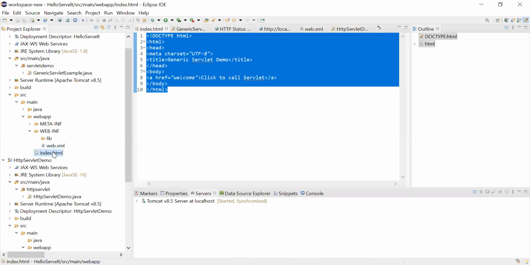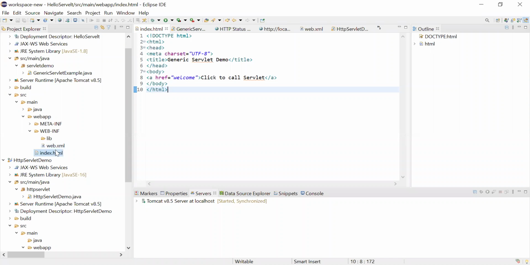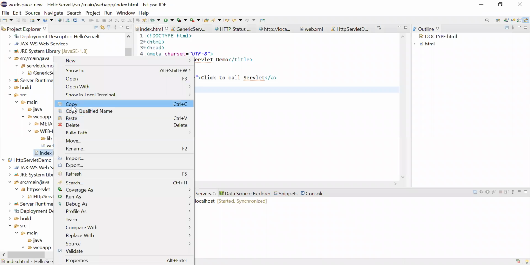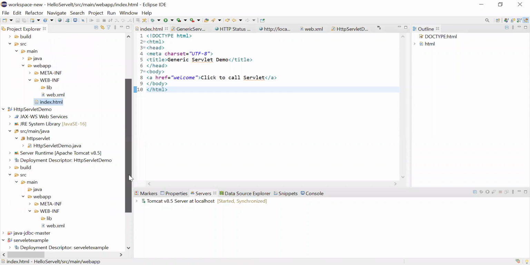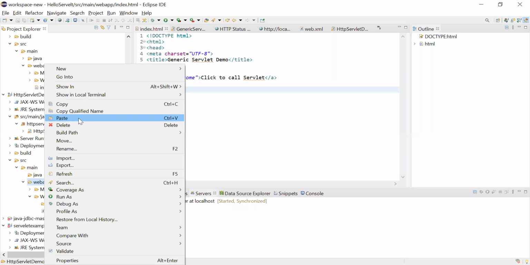You can just copy this. I'm trying to reuse the existing index HTML. So where you have to place it is under web app; you have to place your index HTML there.